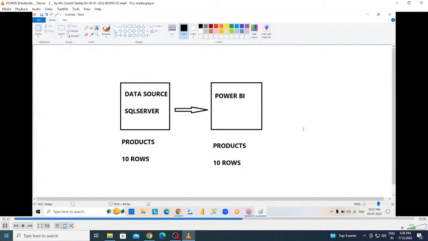We can use import for databases and also for files, because sometimes we store data in the form of files in the source. I mean, as a Power BI developer, sometimes you're going to copy data from